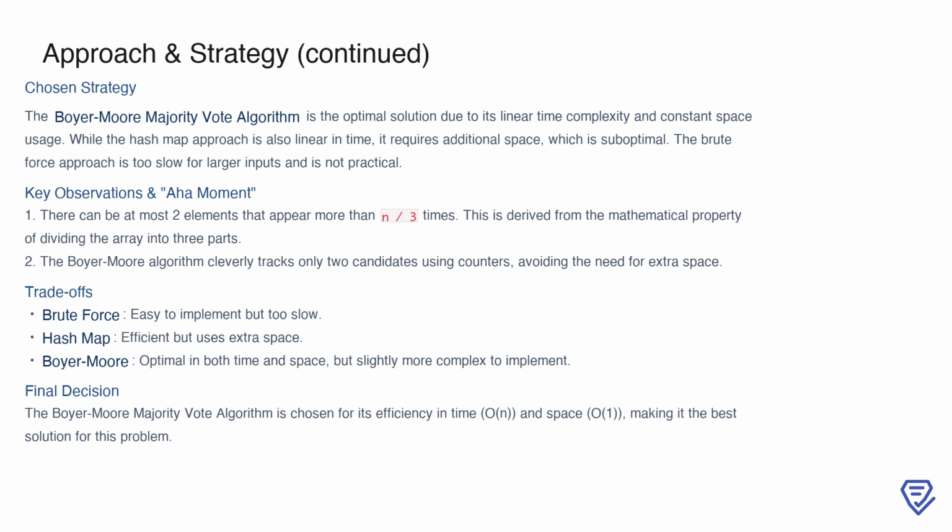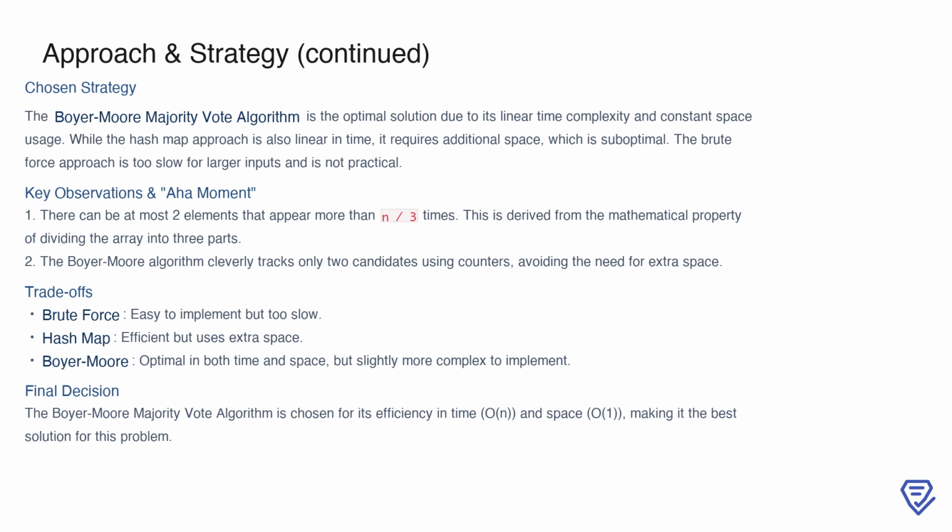A key observation here is that there can be at most two elements that occur more than n divided by 3 times, a property that stems from dividing the array into 3 parts. The Boyer-Moore algorithm exploits this insight by efficiently tracking just 2 candidates and their counts, avoiding the need for extra memory. While slightly more complex to implement than the other methods, it strikes the best balance between time and space efficiency. For this problem, we select the Boyer-Moore majority vote algorithm as the optimal solution, offering O(n) time and O(1)